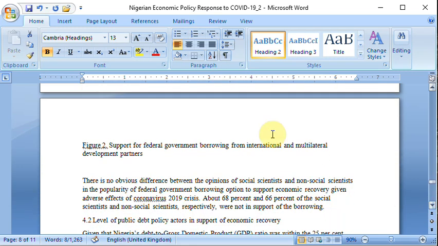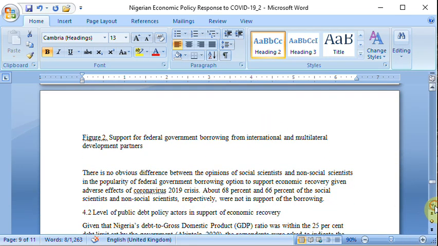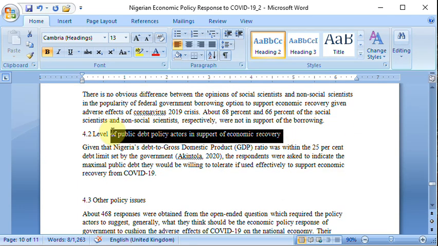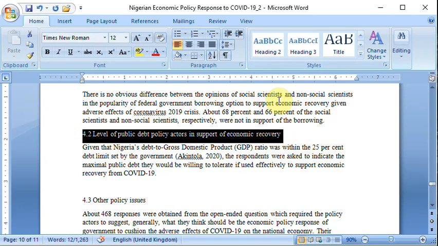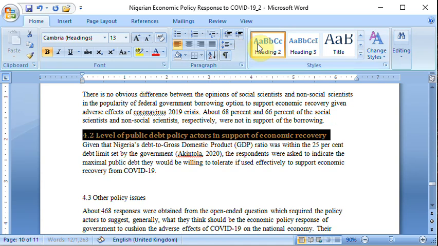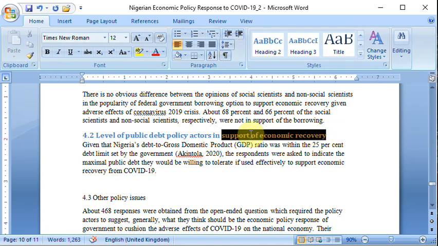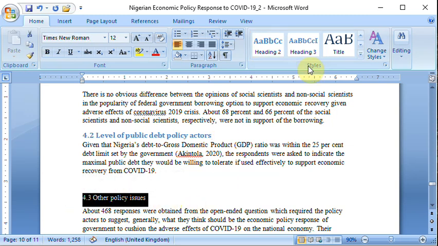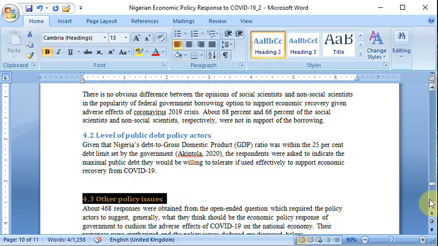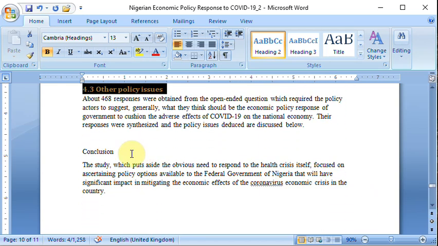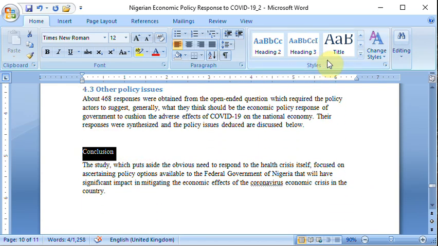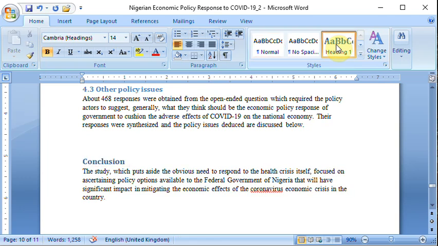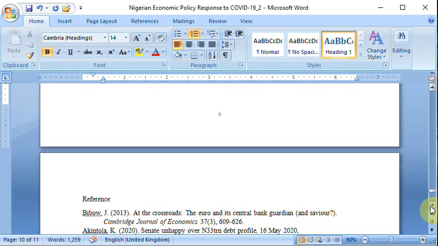I'll use this particular file to show you how to generate list of tables and figures. List of tables and figures, so this is Heading 2 also. All right, let me just shorten the thing. Okay, and then 4.3 is Heading 2, and then we'll meet the conclusion of the matter, because I'm concluding this training now, and that is going to be Heading 1, right, because it's part of the body, and we'll call it 5.5. So number your thesis the way you are expected to do it,